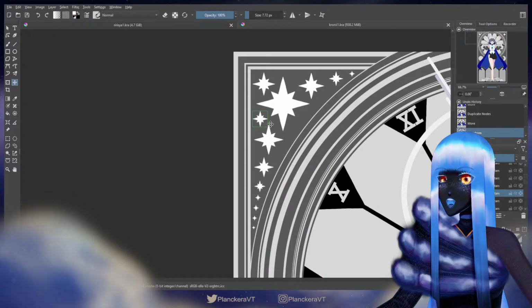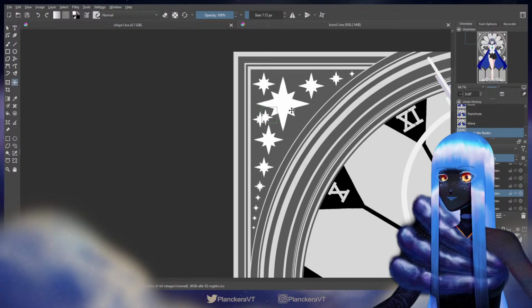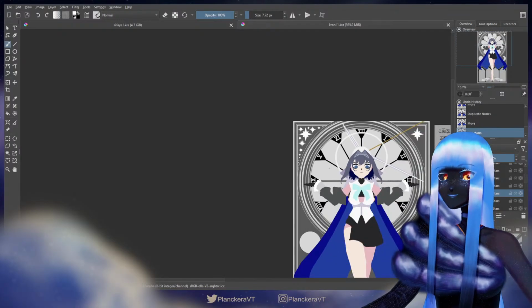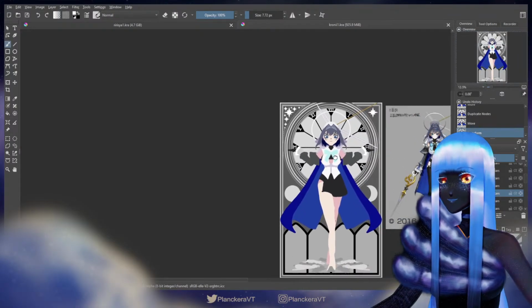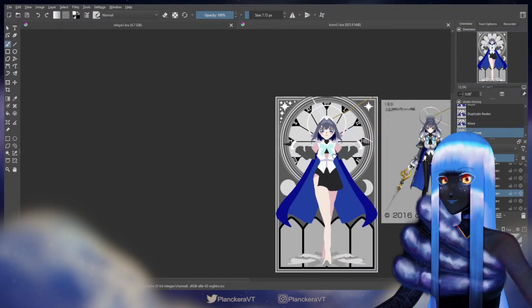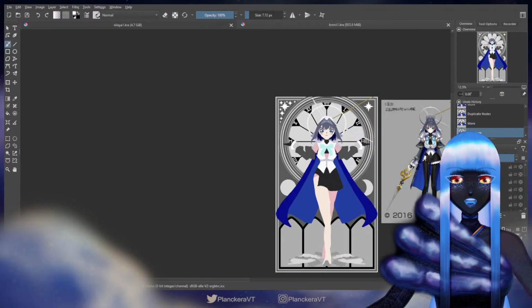I'm really paying attention to the angles between all three of the stars here. And I wanted these two to line up, for example, and that kind of thing. And then I think this is the last one. I don't want any down there, so yes. That is perfect. I love that. That is rad. Okay.